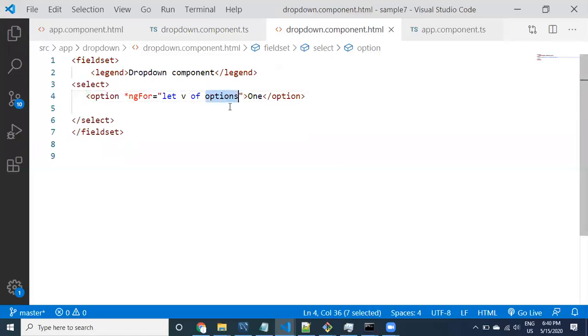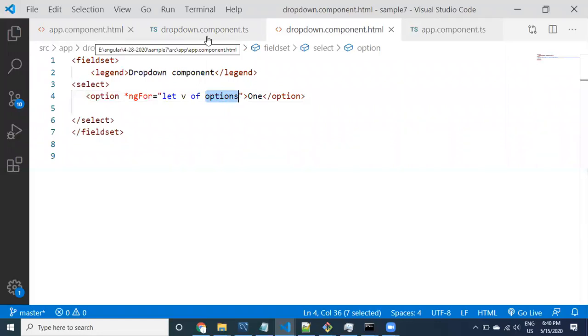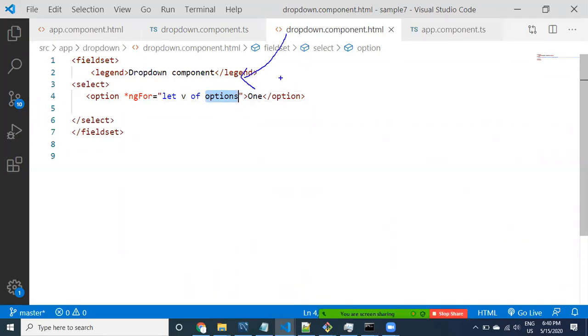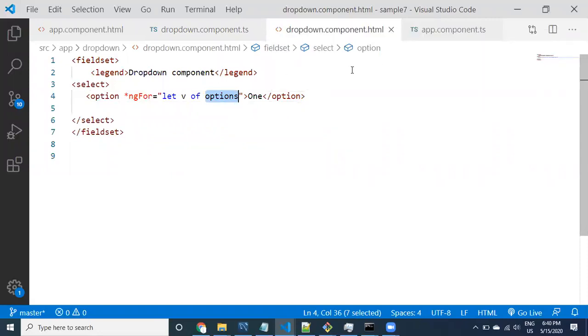We are writing this code in the dropdown component, so this property should be available in the dropdown. It is going to receive data originally coming from the app component, because of this input.